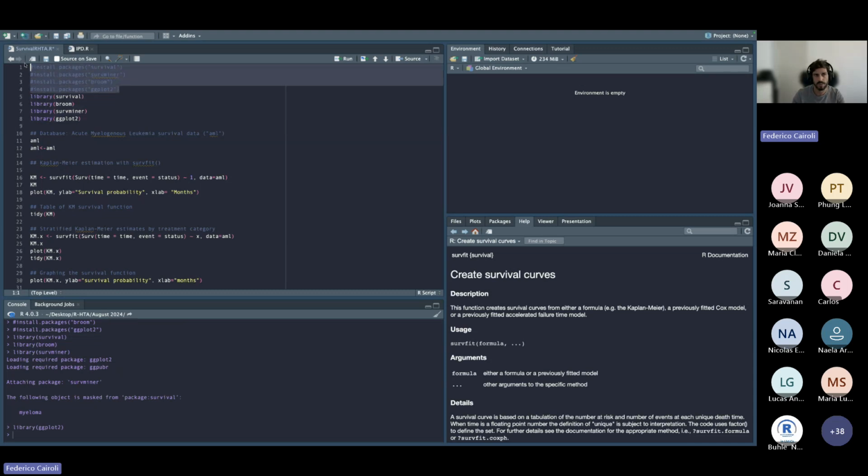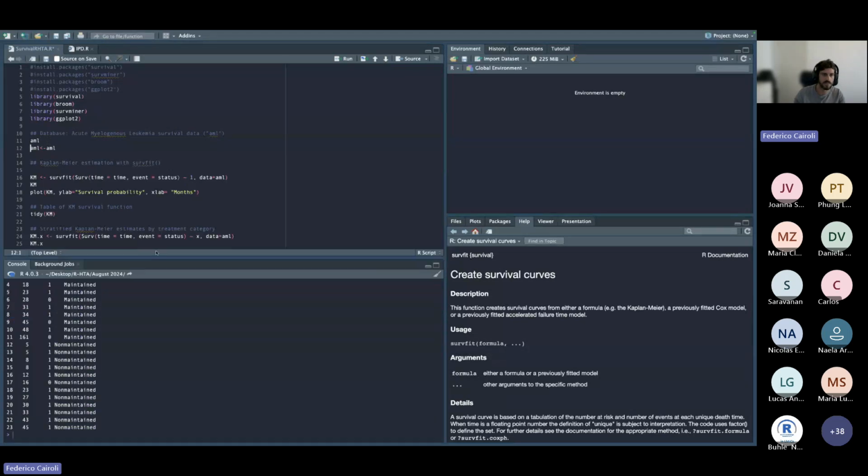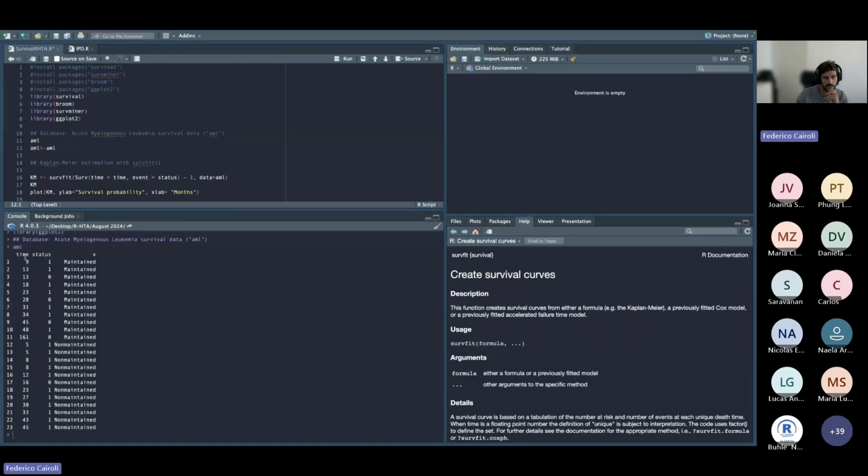If you have installed this package before, there is no need to do it again, but you have to activate the libraries again. So to begin with, we are going to use this specific database, which is called AML, Acute Leukemia Survival Data. So we just put this name in R, and if you have installed this and activated this specific library, survival, R will understand that you mean this specific data set, which has basically 23 observations,